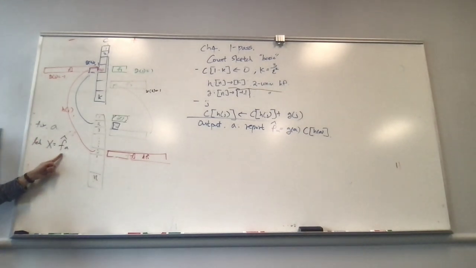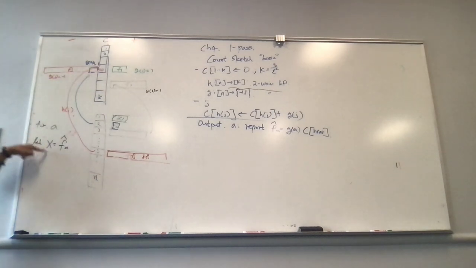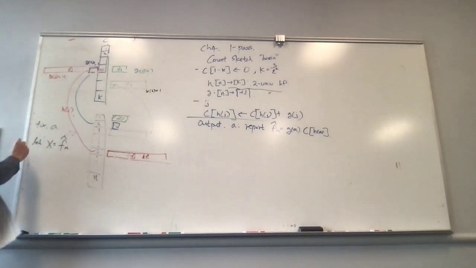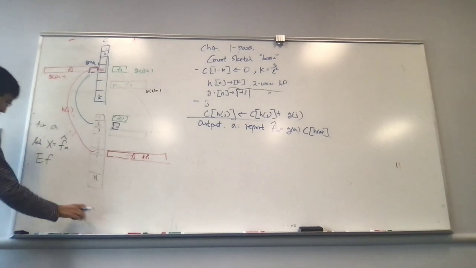Let X be the estimate. It's a random variable because our algorithm is a randomized algorithm. So I want to see what its value is. As we observed at the high level, we are going to show that